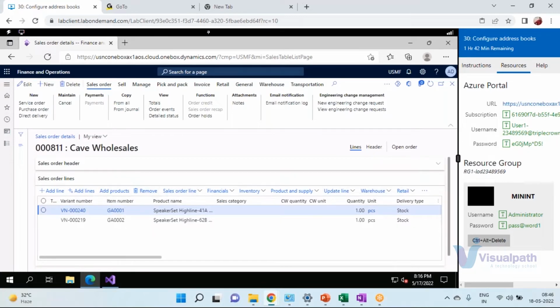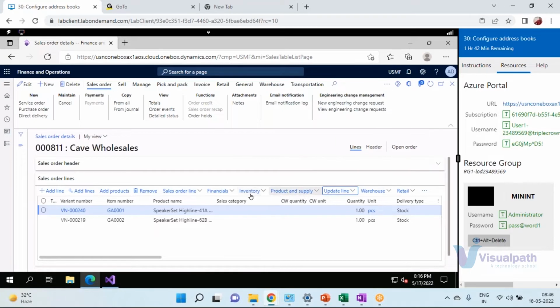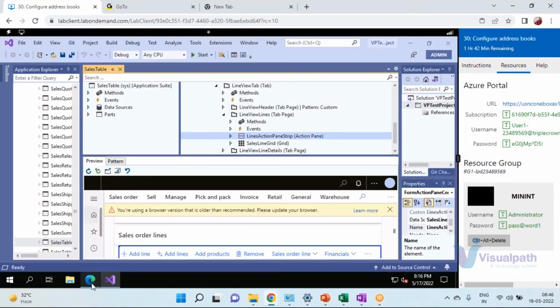right? Because if you go to sales order related, there are 1,000 pieces of related information, and we always use this information, right? So we can select any line and go ahead and update this line. We have so many things. We can update delivery reminder, pick. We can do a registration for a negative sales order, all these things we can do, right? So there are actions behind every button, and we have to incorporate all these actions because it's a huge application,